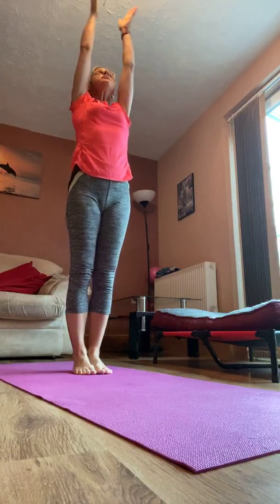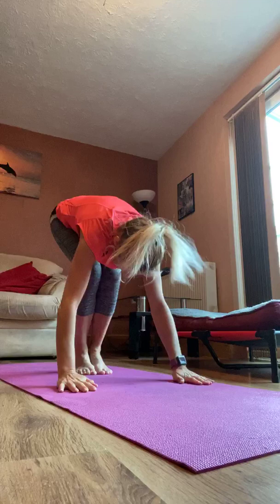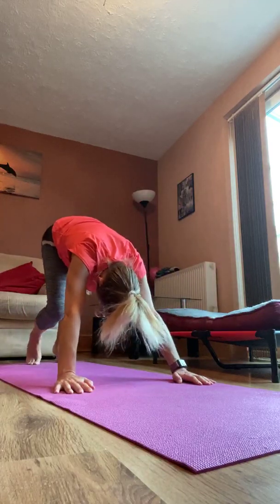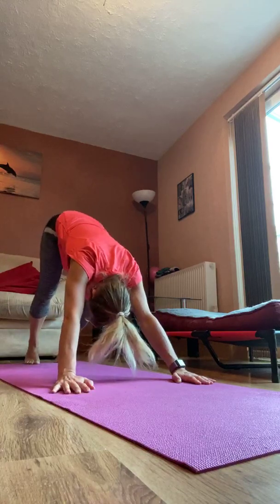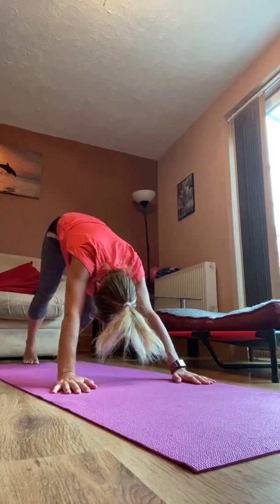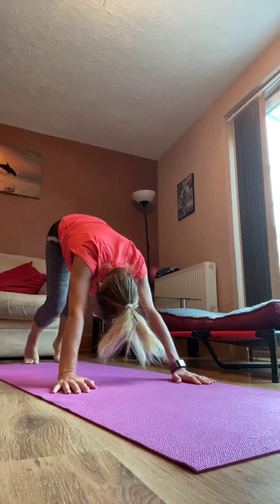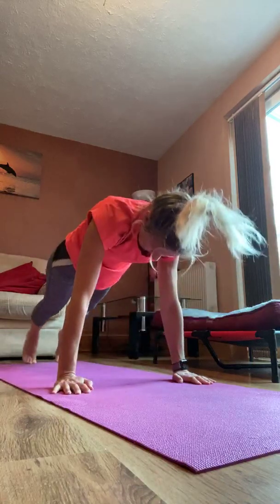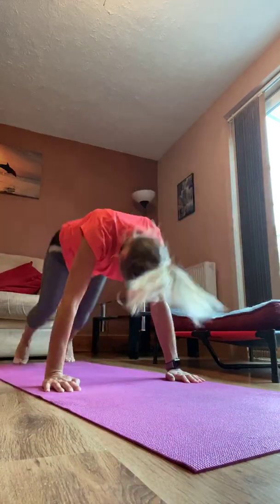So nice even breathing all the way through your moves to forward fold, down dog. Hold your down dog. Let's paddle through the feet. So let's start to lengthen through the legs, lengthen through the back, through the shoulders down to the fingertips. So inhale to plank, exhale chaturanga, to cobra or up dog, to down dog,